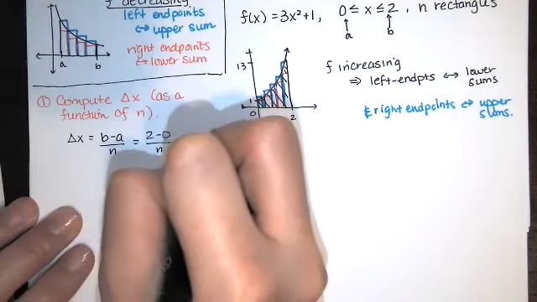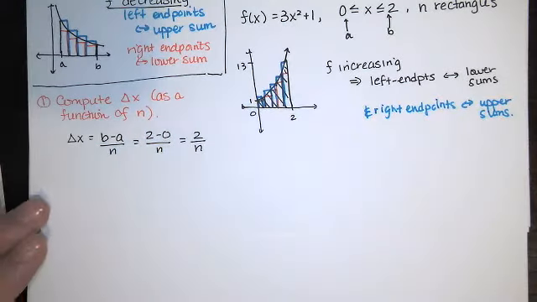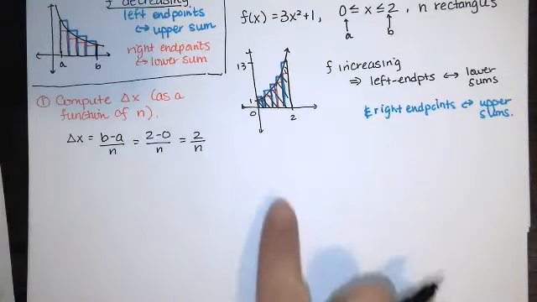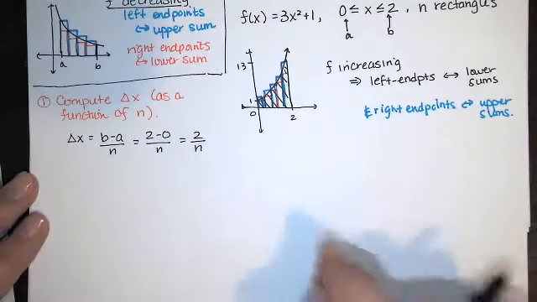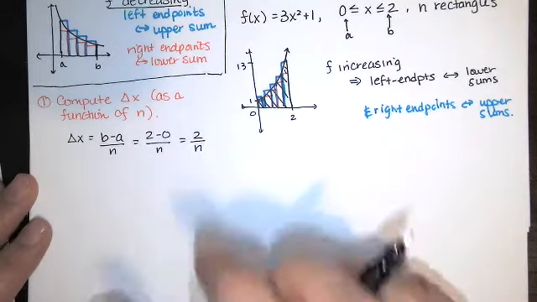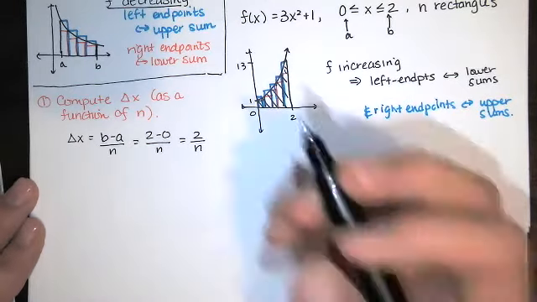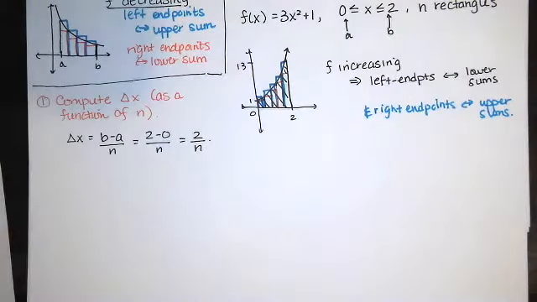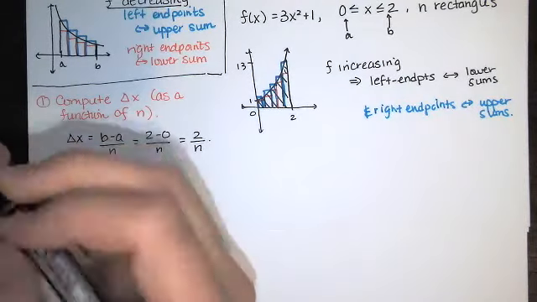This time we're leaving n alone. We're saying n is the number of rectangles. If n was 4, we'd have 4 rectangles. If n is 100, each of those widths would be 1 over 50, and we'd have 100 rectangles, and so on. And the next thing you want to do is compute